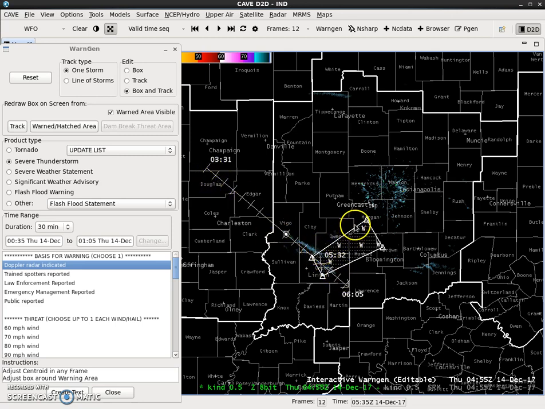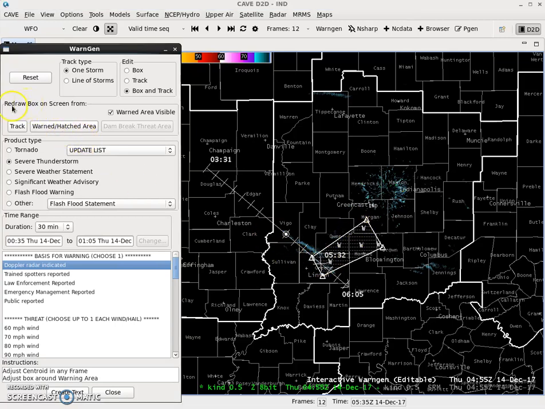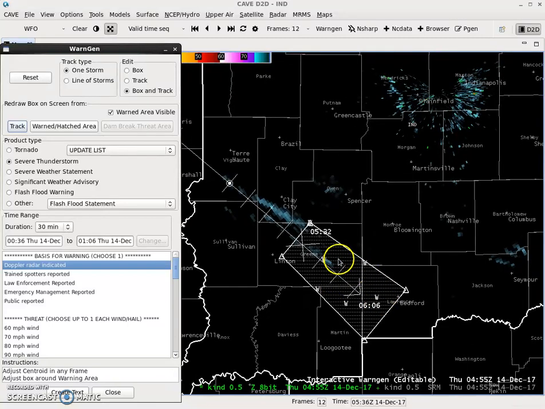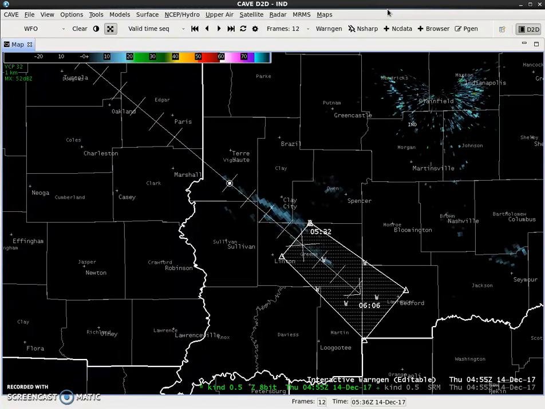So the first step to creating a warning after this is to go over here and click Redraw Box on screen from Track, and you get a new warning polygon. Now within the polygon, you'll see these little W's. Each W represents a county that's being warned. So, since this is a snow squall, or since it's a severe thunderstorm warning, and I'm using air quotes when I say that,